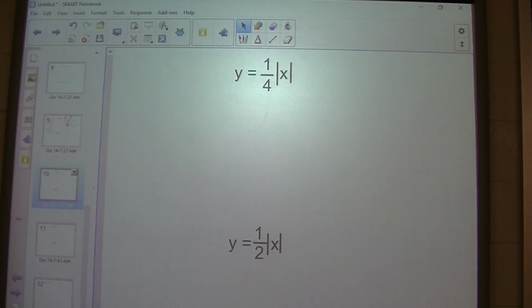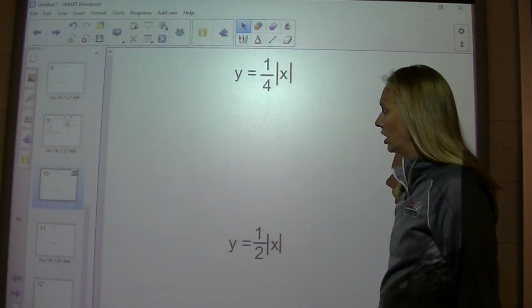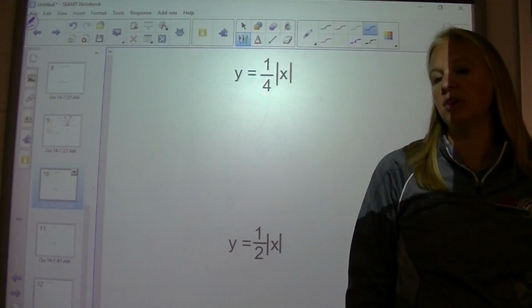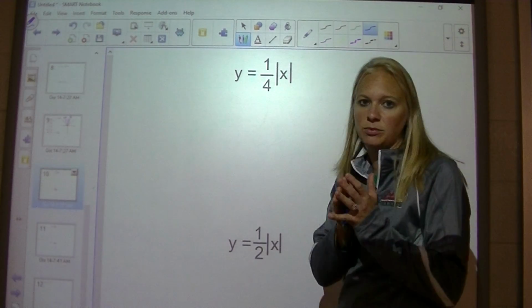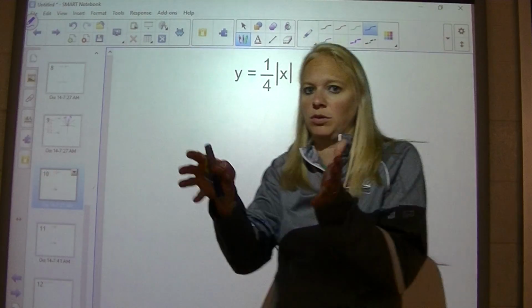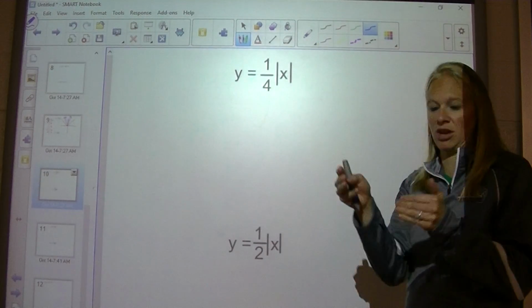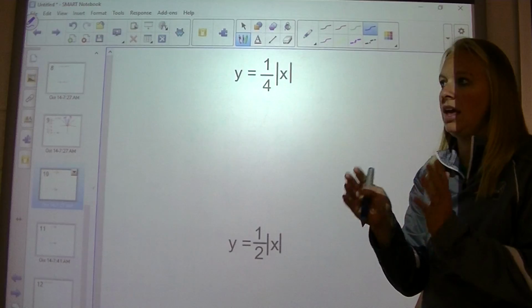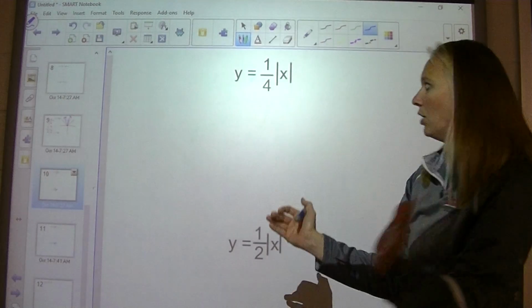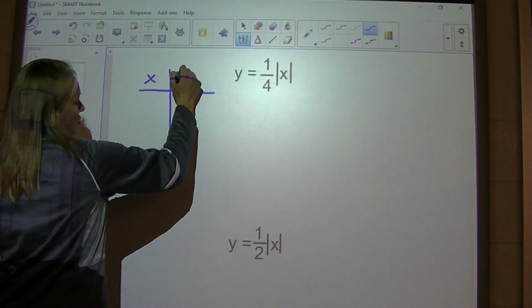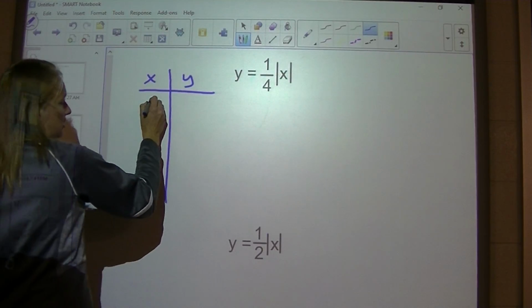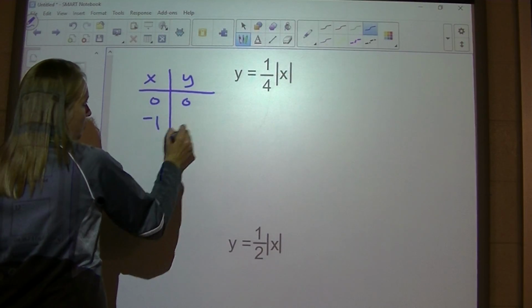Okay, so these are stretches. You might say, well, I thought a stretch would be a negative. No, it's not. Stretches, the coefficient here has to be between 0 and 1. It can't be 1 and it can't be 0, but it can be any number in between, and it will stretch it out. Again, applying our knowledge, if we have x, y, typically it's 0, 0, negative 1, 1,